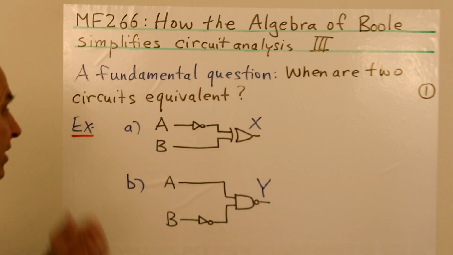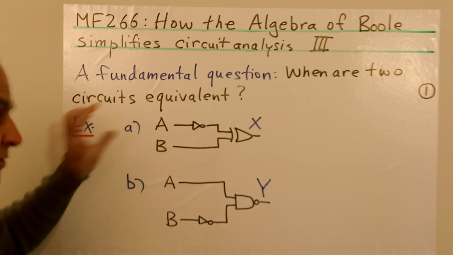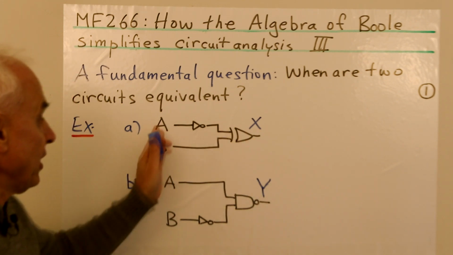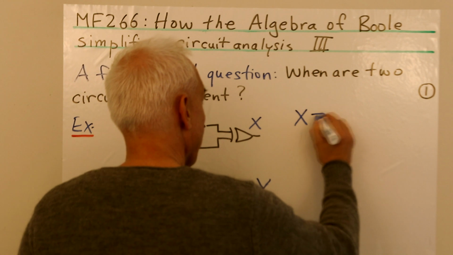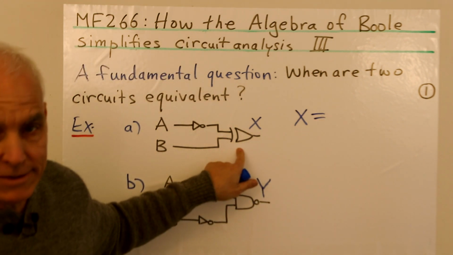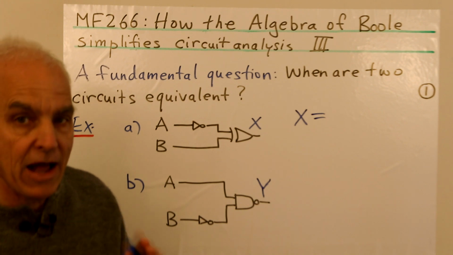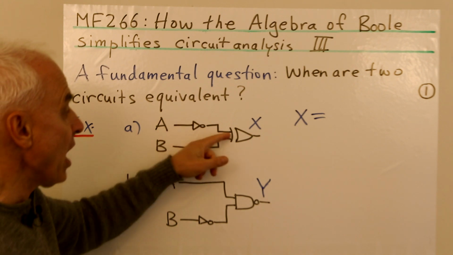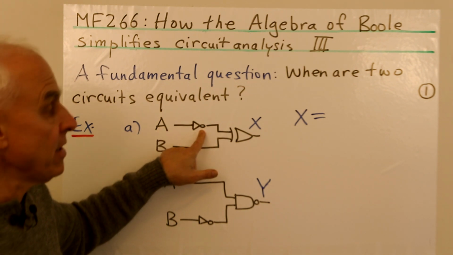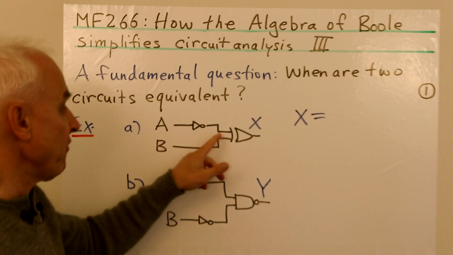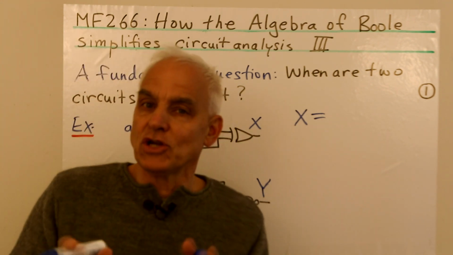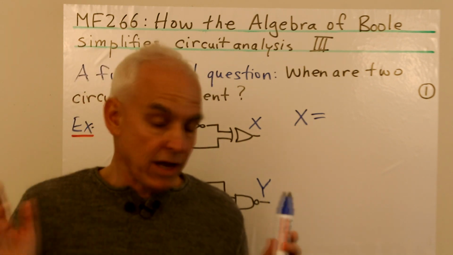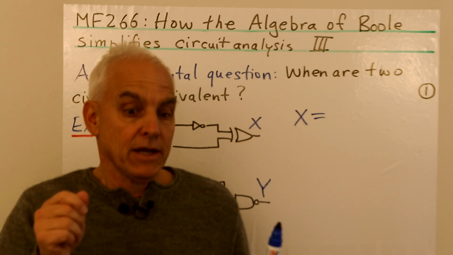Okay, so for example, here are two relatively simple circuits, just with two inputs, A and B. And let's express the output in terms of A and B. So for X, what's happening here? Well, here's an XOR gate, which corresponds to just addition in the algebra of Boole. And what are we adding? Well, the input here is a not A, because that's an inversion, okay? It's the negation of A. And here we have B. Now, in the algebra of Boole, negation is not obtained with a bar, okay? It's obtained by adding 1, because we're working mod 2. That's how you invert in the algebra of Boole.